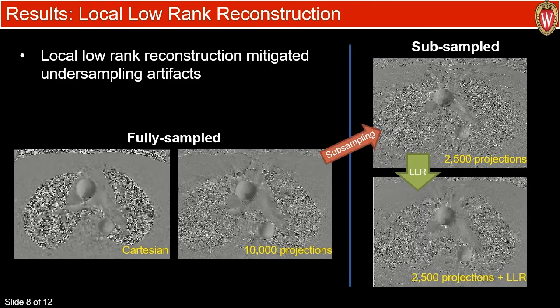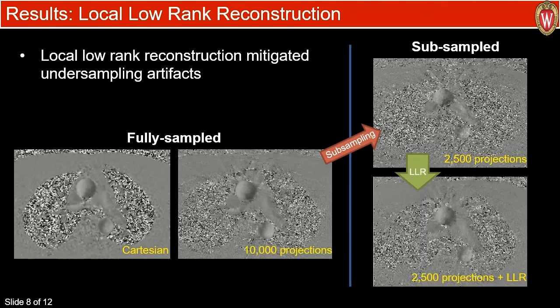So I wanted to share some of the results from the local low rank reconstruction. On the bottom left, we see a velocity image of peak systole for both the fully sampled radial and Cartesian scans. The subsampled radial image without local low rank reconstruction is shown in the top right image, and in the bottom right image we see the results from the local low rank reconstruction. You can see that the overall image quality has greatly improved and is in good subjective agreement with the images